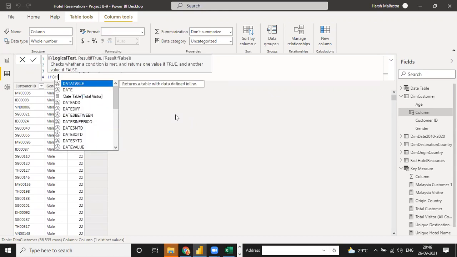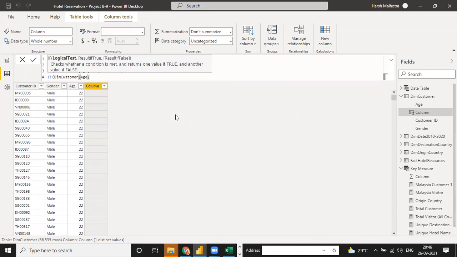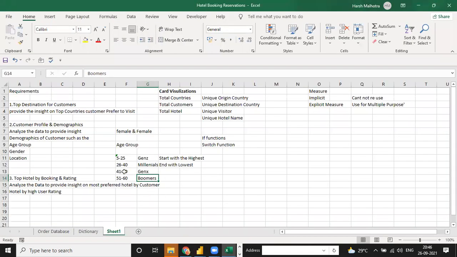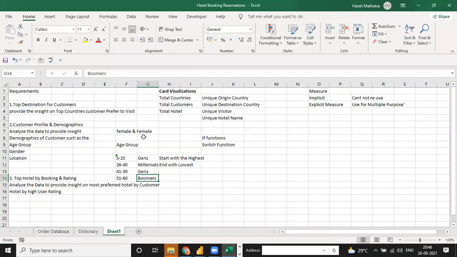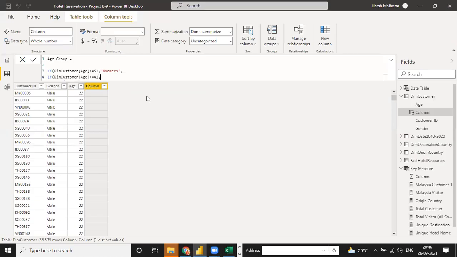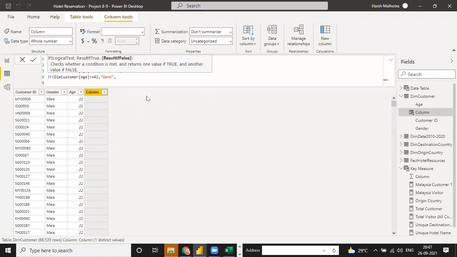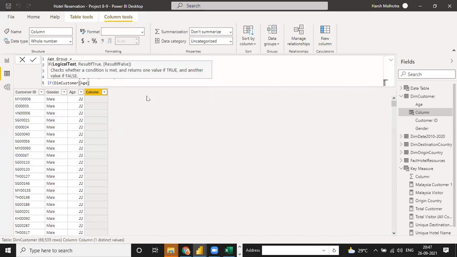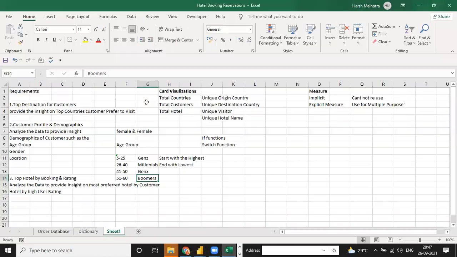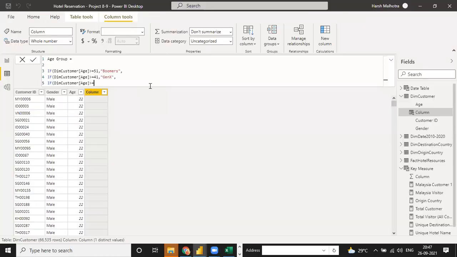Logical test means DimCustomer age, and right now my age is 41, means greater than or equal to 41. And now greater than or equal to 41 is Gen X, so I just write Gen X, and then you can write a new one. If DimCustomer age is greater than or equal to 26, then the value will be millennials.